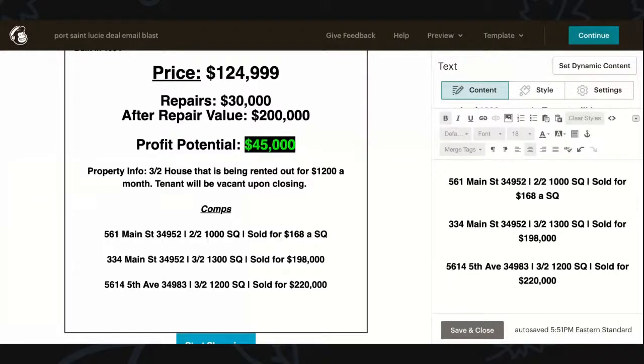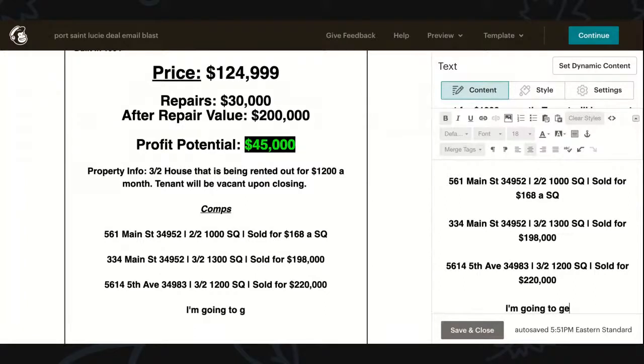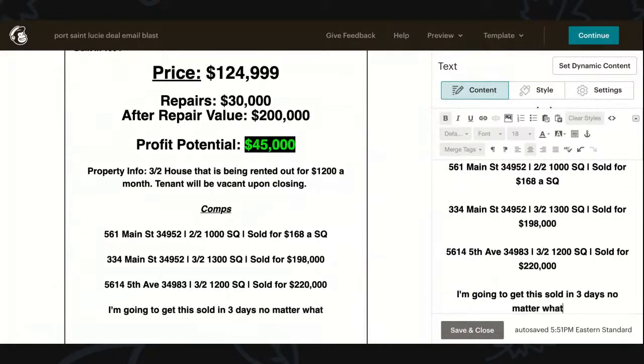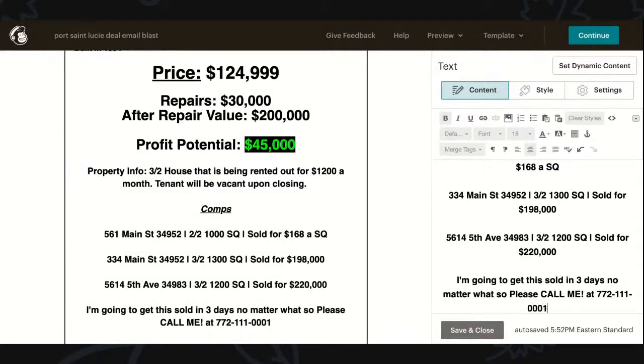So at the end there, I'm literally just going to say, right here, space. I'm going to get this sold in 3 days, no matter what. So please, all caps, call me at 772 and go from there.